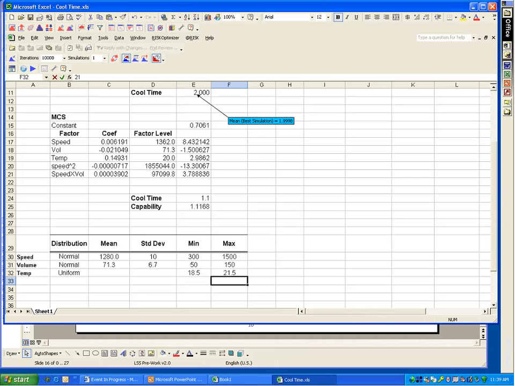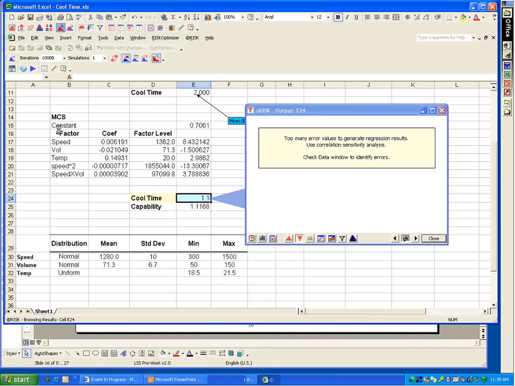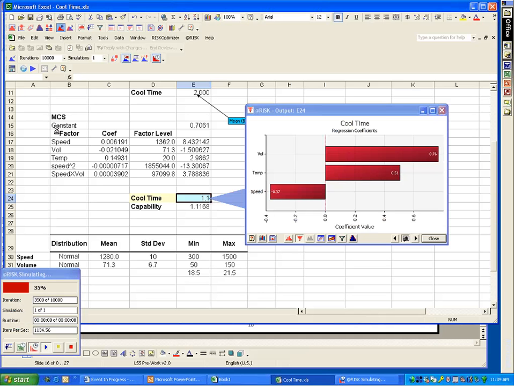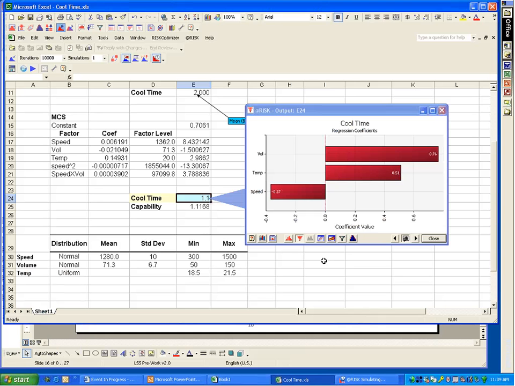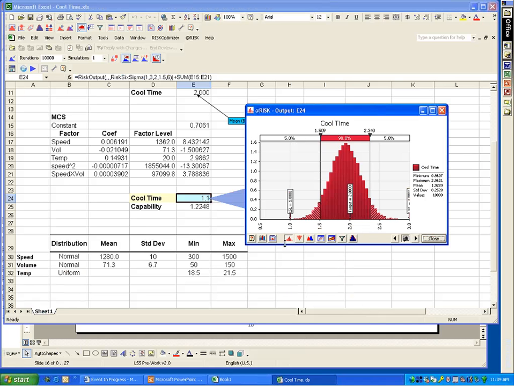Slightly narrower range, run the simulation. My capability has increased to 2. Distribution has narrowed. My standard deviation has decreased. Still essentially on target, 1.93